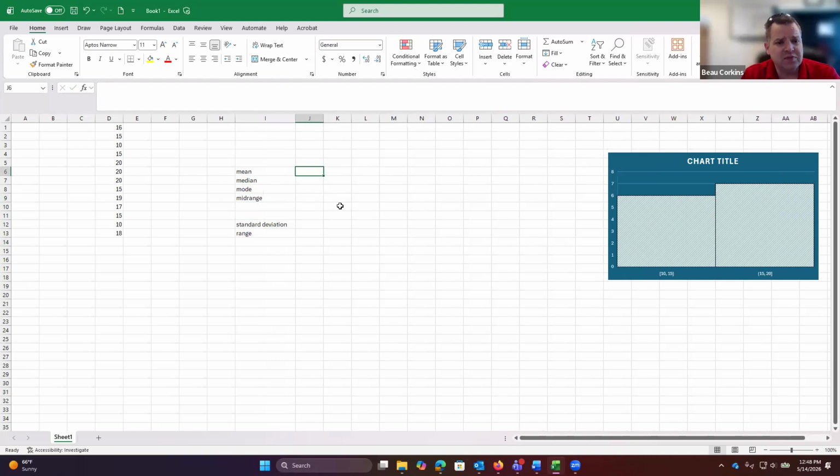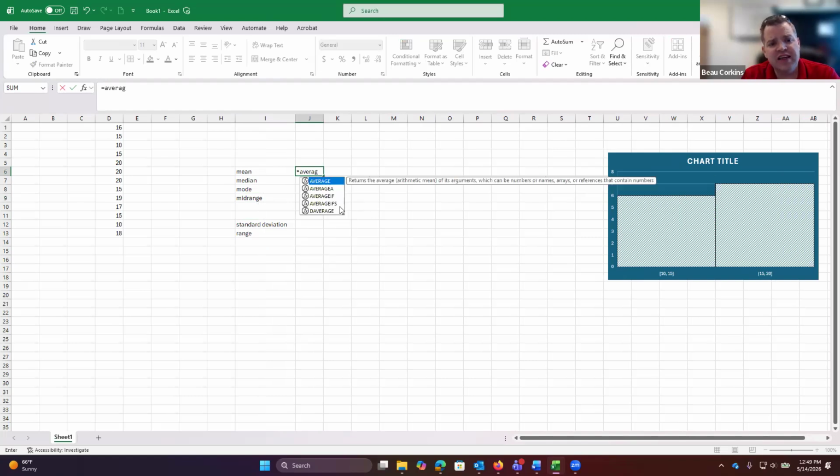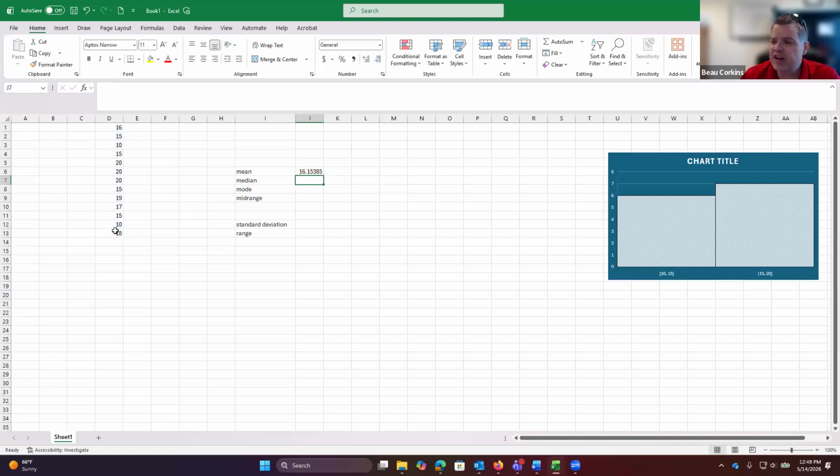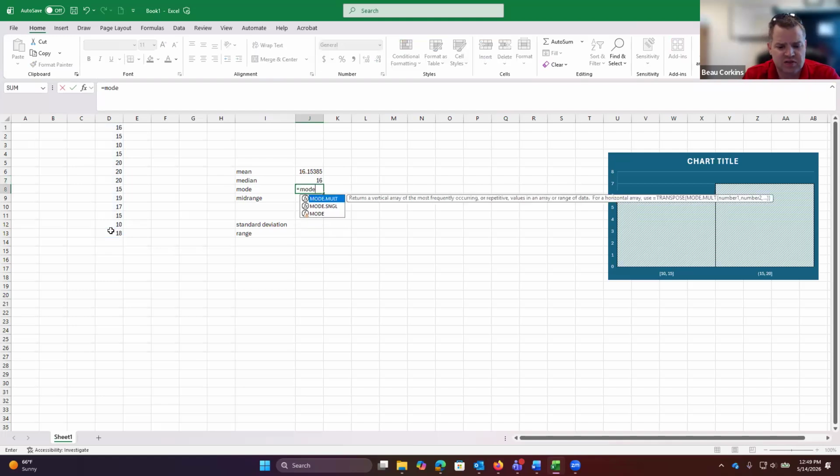If you're unfamiliar with Excel, you start with the equal command, and then in order to get the mean, you use the command titled average, open parenthesis, come over here, select your values, and then hit enter. Median, very similar: equals median, open parenthesis, select your data set, hit enter. Mode, open parenthesis,